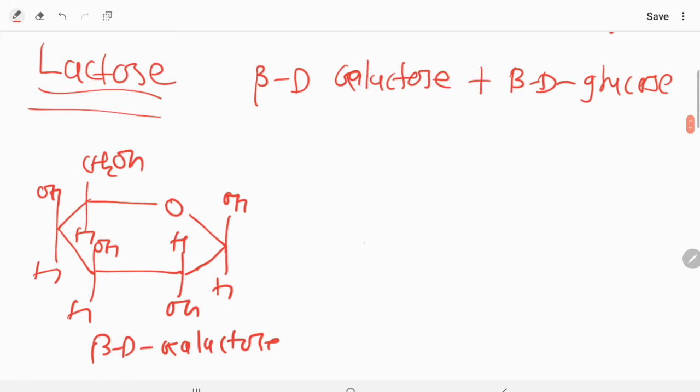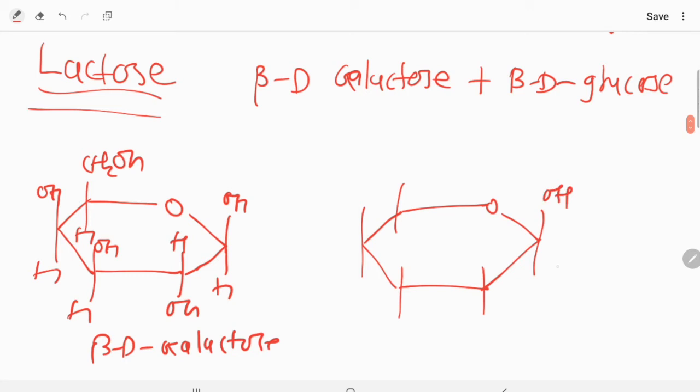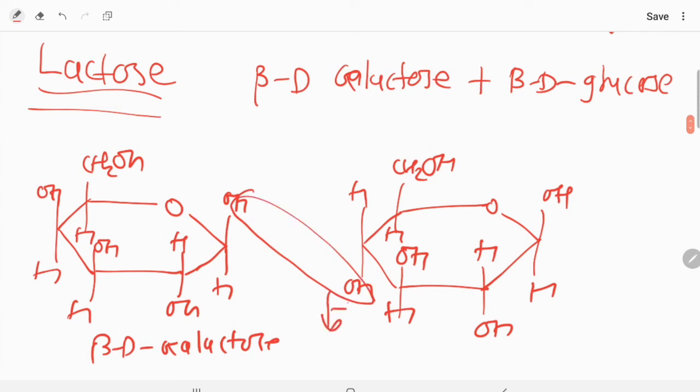And now the structure of glucose. See, it's a very easy structure. Once you master this structure or the pattern of the structure, then you can plot all the bonds very fast without making errors. So try to clear the concept first of all. Now what you will do here is take out this H2O, and a glycosidic bond via oxygen is formed. So in this way lactose is formed.